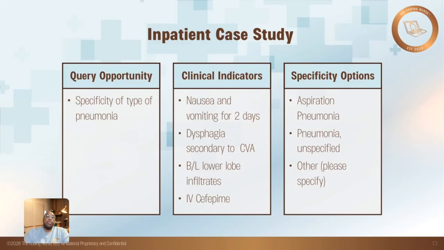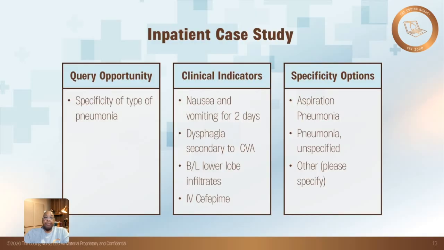So when we get to our query opportunity, we need specificity of the type of pneumonia. When we look at the clinical indicators, we have nausea and vomiting times 2 days. We have dysphagia secondary to a stroke. We have bilateral lower lobe infiltrates, and we also had treatment with IV cefepime. So we would type this up and send it to the hospitalist or to the attending physician, because in an inpatient setting, the attending physician, or they call them hospitalists now, they pretty much run the show, and they're in charge